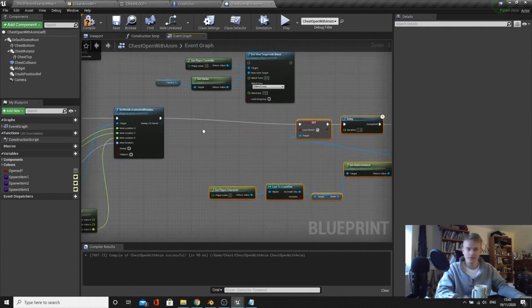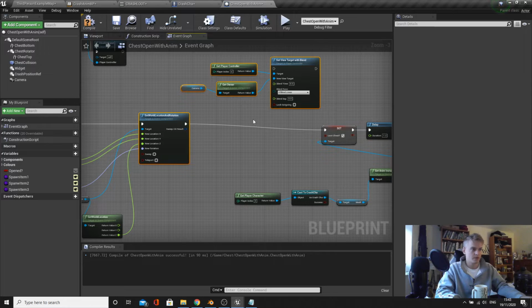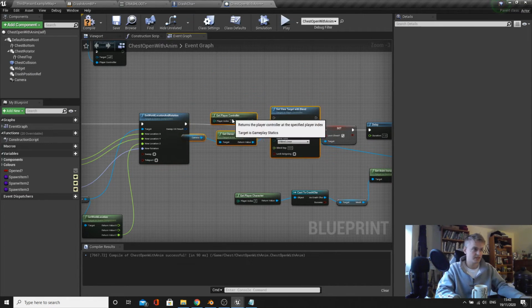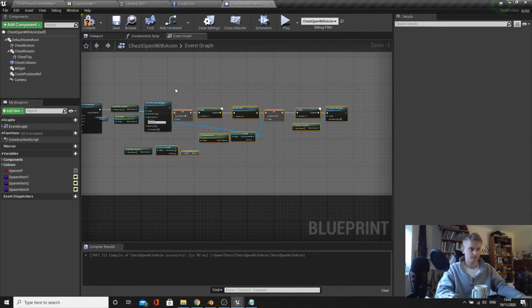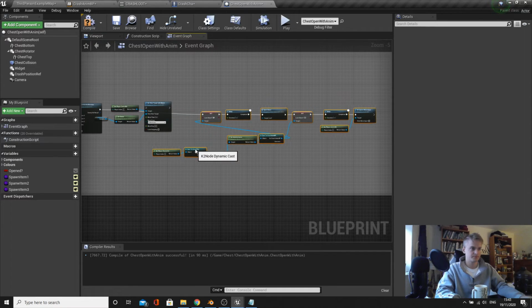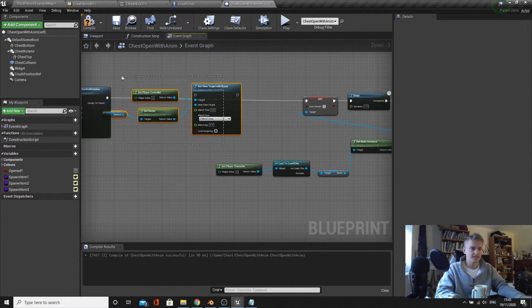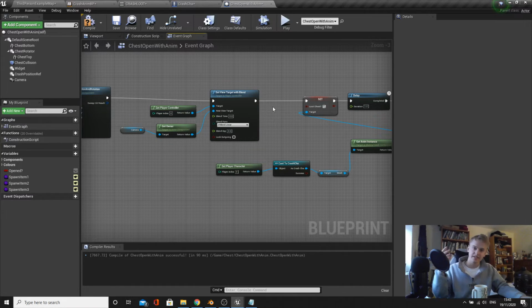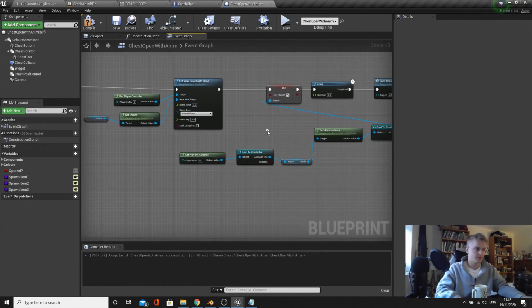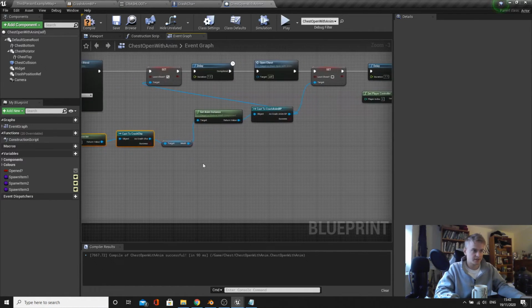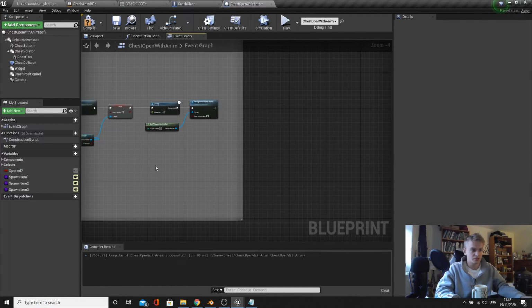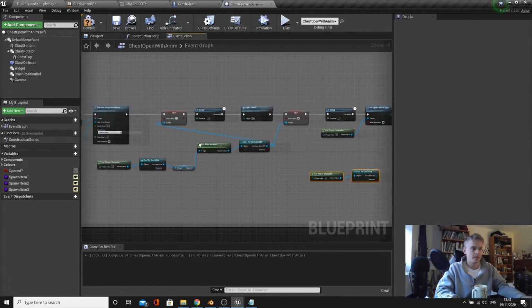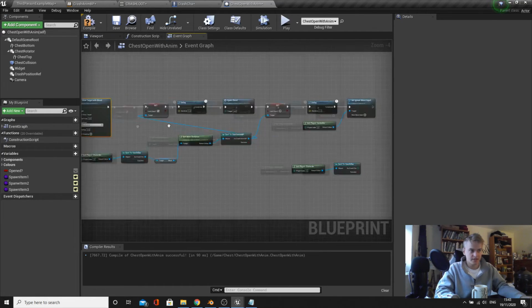Then after we've set the location of Crash, at the same time as we're setting the location, we want to change the camera. So this means we actually missed the part where he's getting teleported. Then at the end we want to go back to our character's camera. So if you take the cast to Crash character and the player controller, press Control W, then copy your set view target with blend